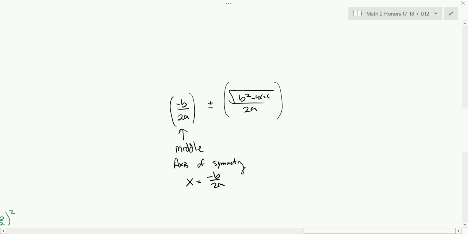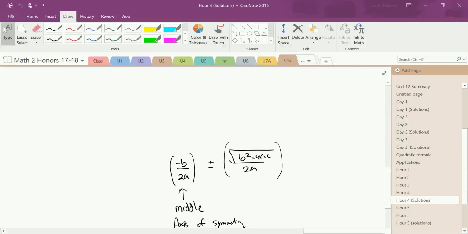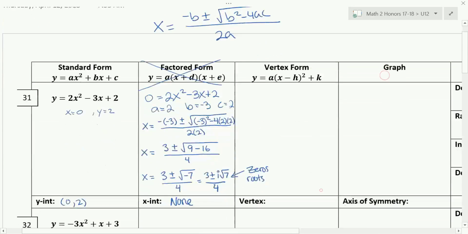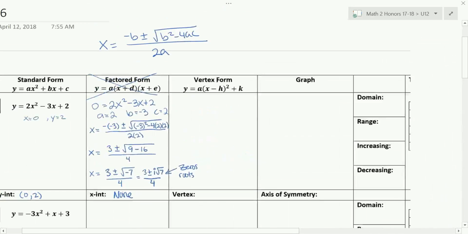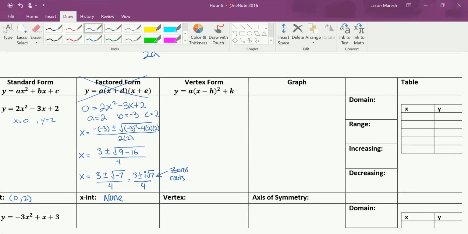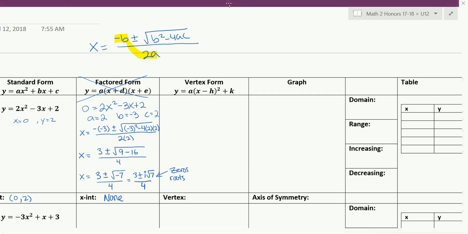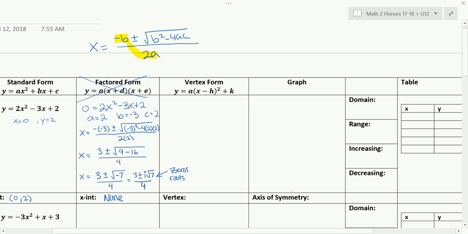So we can use this idea to find our axis of symmetry. And our axis of symmetry can help us find our vertex. And that can help us find our vertex form. So that is the next step. Again, from our quadratic formula, this part right here, the negative b over 2a, I highlighted, is actually the middle, or the axis of symmetry of our graph. And so x equals negative b over 2a,